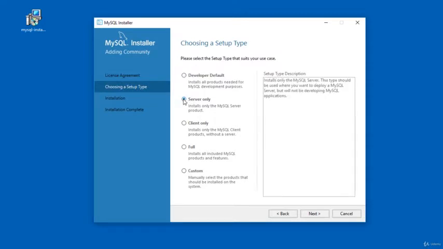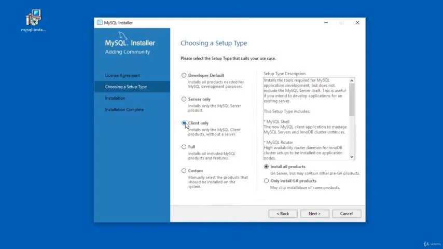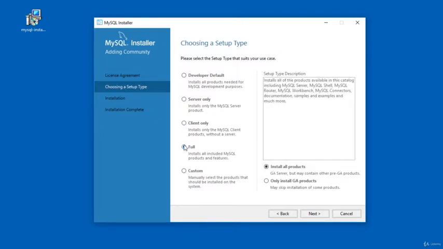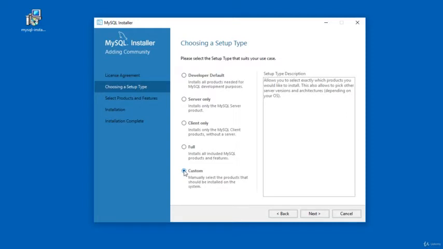The server only option will install only MySQL Server, while client only option will install MySQL Client product used to connect to MySQL Server. The full install type will install all the products and features available with this installer. We will select custom type of setup so that we can customize the product and the path for MySQL.